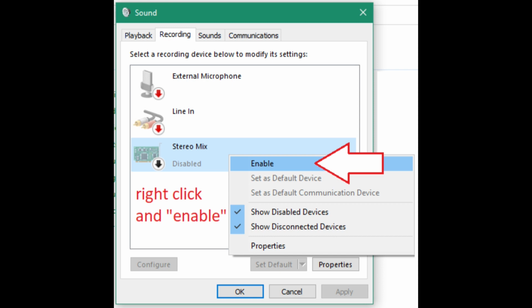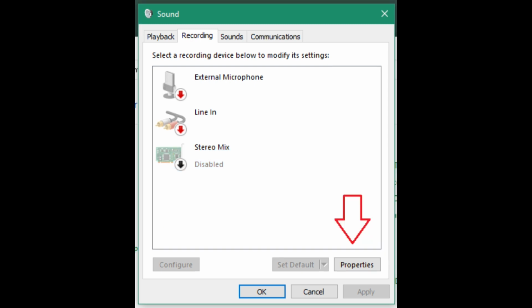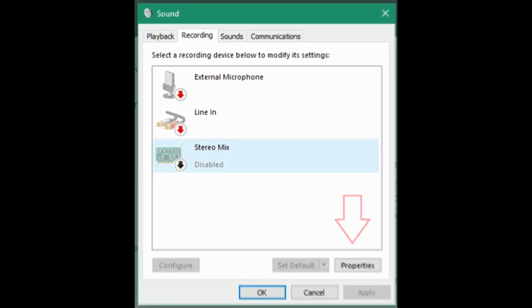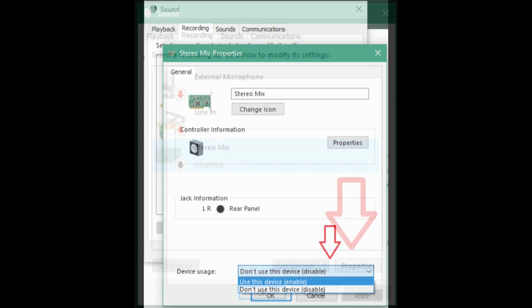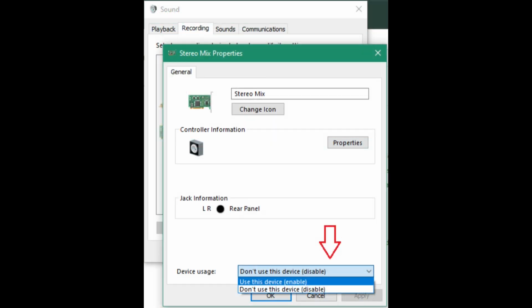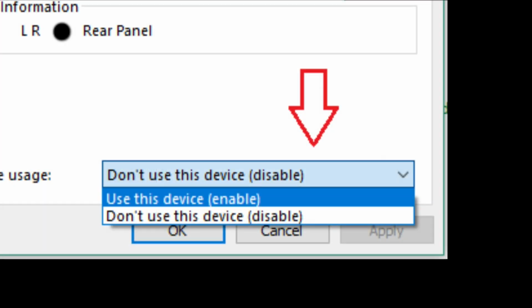And you can do that two ways. You could right click on it, check enabled, or you could hover over it, click it, and then click properties at the bottom of the box you're in there. And then you can enable it at the bottom of that box where it says device usage. Use this device, enable. Once you do that, you can close out,